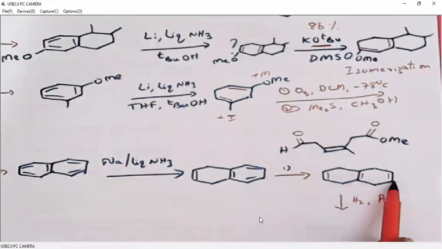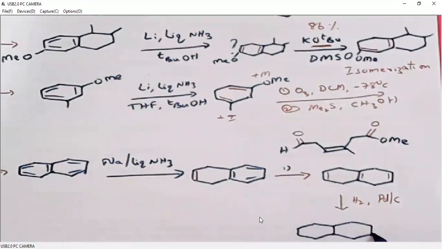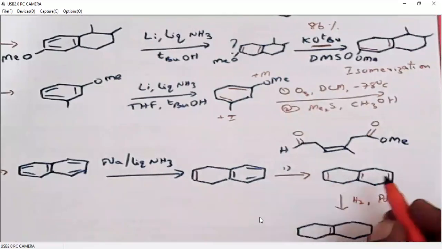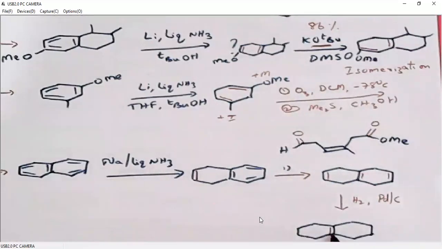So here we have 3 alkenes. One is disubstituted, this is also disubstituted, whereas this one is tetrasubstituted. So hydrogen and palladium on carbon reduction will only reduce the disubstituted ones. As I said earlier, it should be selective uptake of hydrogen. When we supply only the amount of hydrogen required to reduce these two double bonds, it is possible for us to reduce only these two double bonds. So the product will be this one.